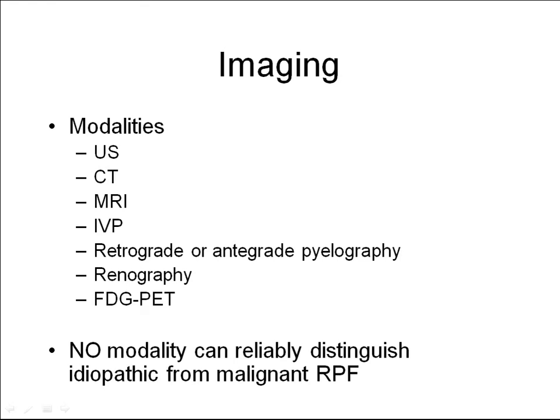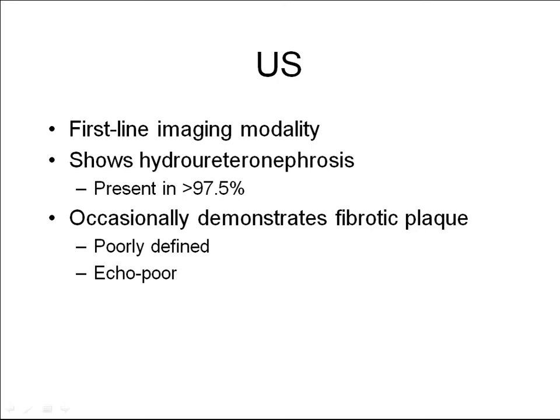Imaging modalities used in RPF include ultrasound, CT, MRI, IVP, retrograde or antegrade pyelography, renography, and PET scanning. However, none of these modalities can reliably distinguish malignant from idiopathic RPF. Ultrasound is often the first-line imaging modality and typically shows hydroureteronephrosis present in over 97% of patients. Occasionally, a fibrotic plaque is seen, and this is typically poorly defined, echo-poor, and located over the sacral promontory,